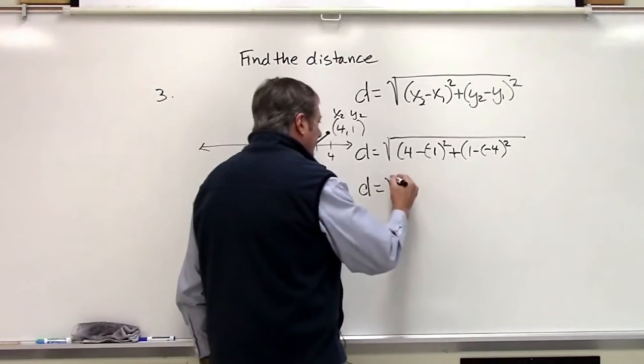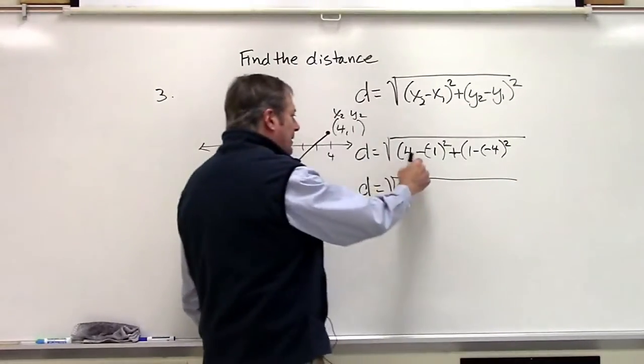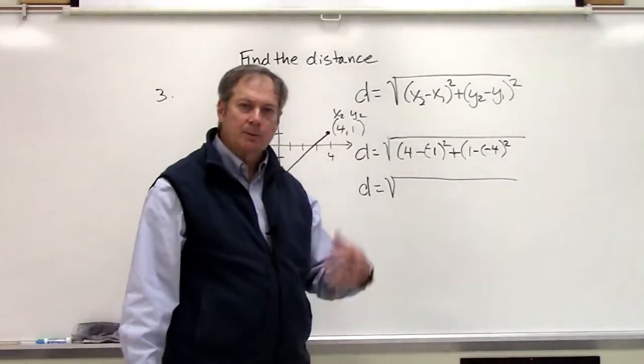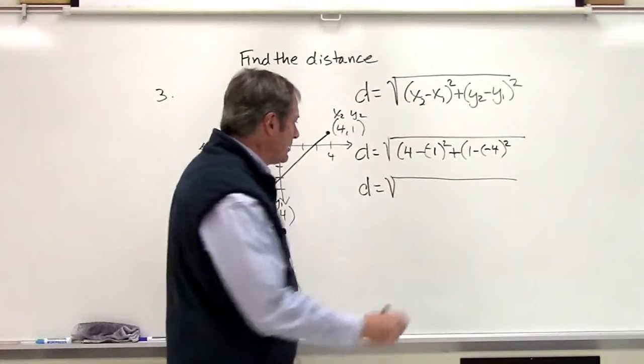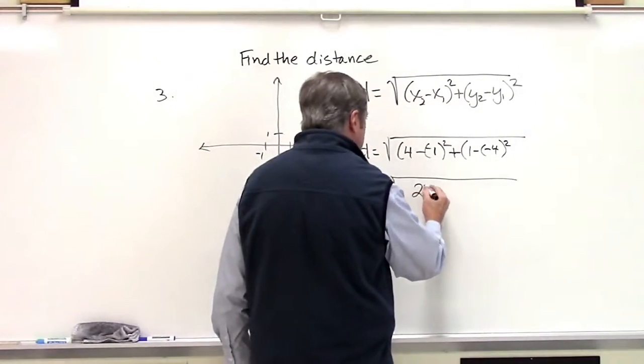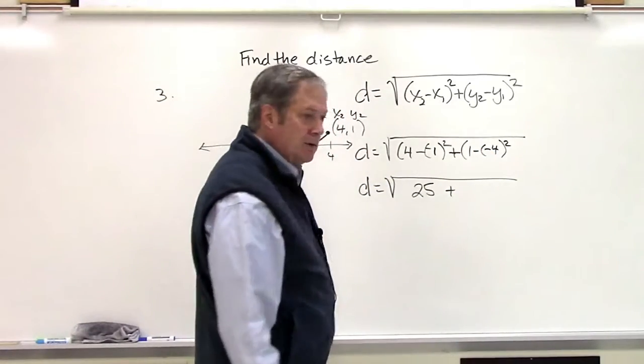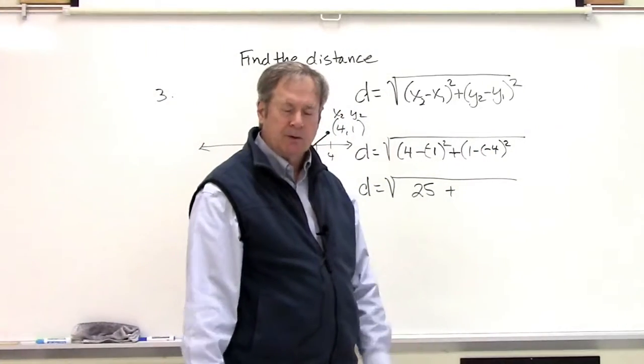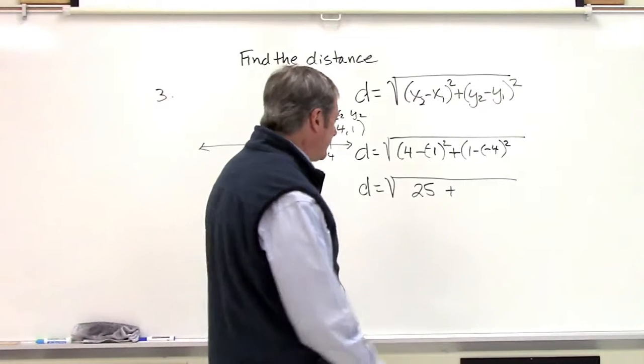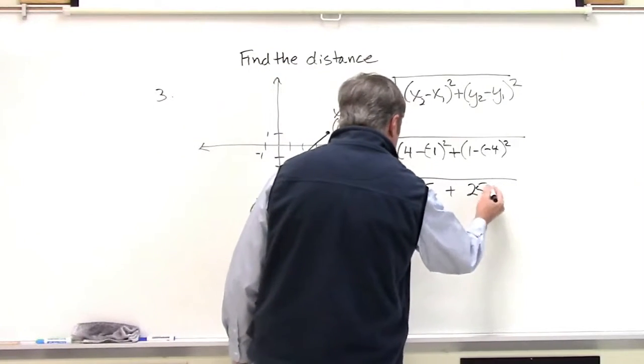So the distance then would be the square root. All right, 4 minus a negative 1 is 4 plus 1, which is 5. 5 squared is 25. Plus 1 minus a negative 4 is 1 plus 4. That also would be 5. 5 squared is 25. And so the